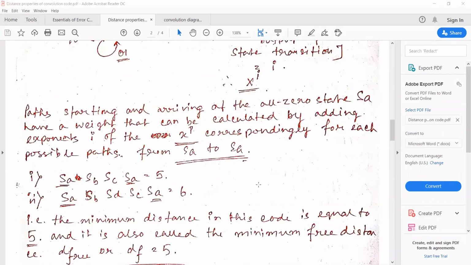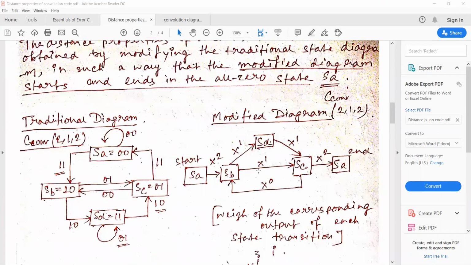Okay, so it is basically saying that there are two possible paths. One is this, that means SA, SB, SC, SA, and one is SA, SB, SD, SC, SA. So there are two possible paths, right? So we have to consider these two possible paths from SA to SA, and we have to add